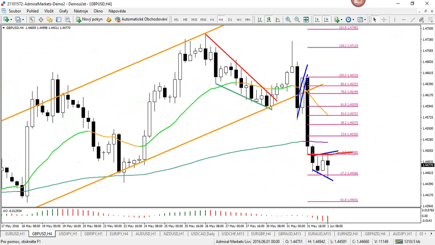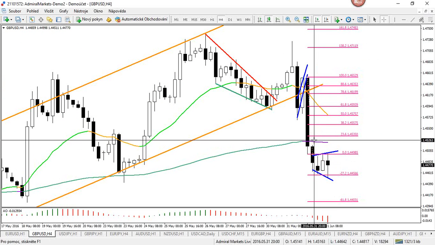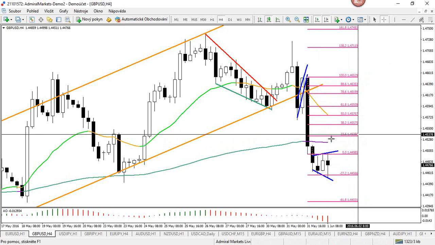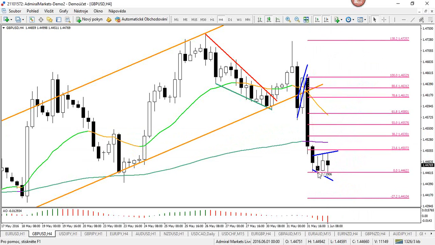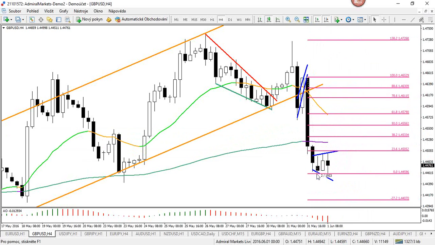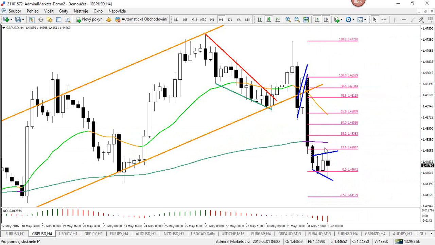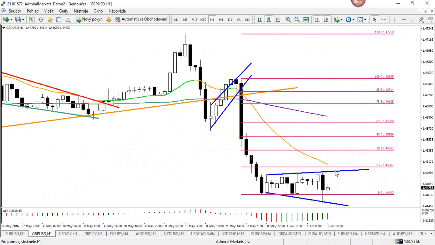So I think 145.25 are the main resistances. 145 is actually this candle low. 145.25 is close to this fib, and the other fibs I just showed you. All right, now, if it doesn't get there, because this is also a pattern, so perhaps it won't get there,